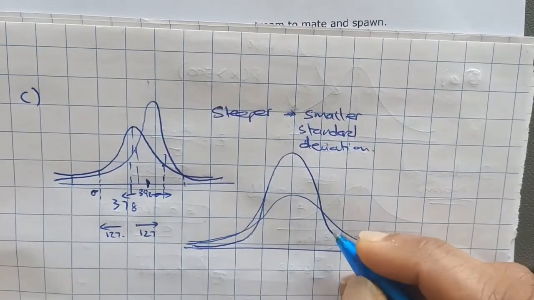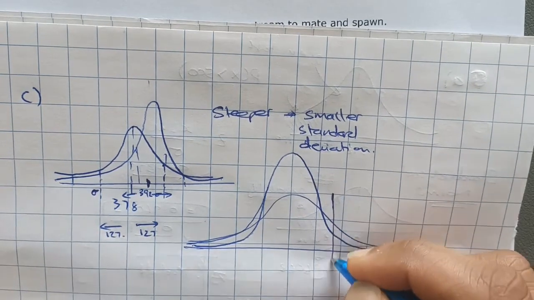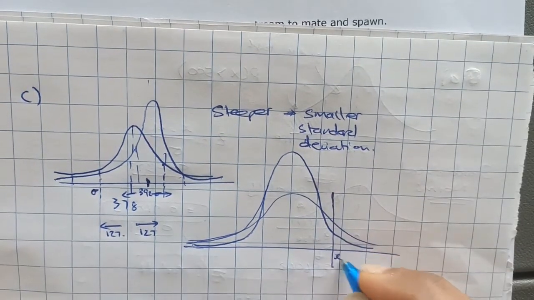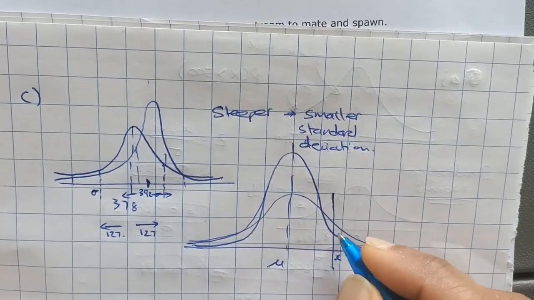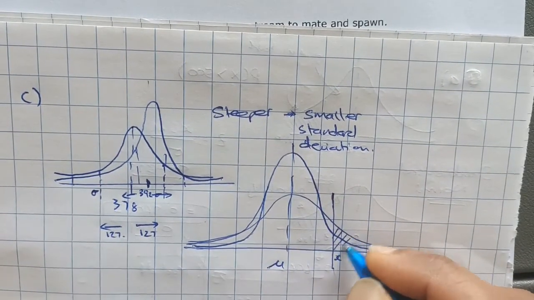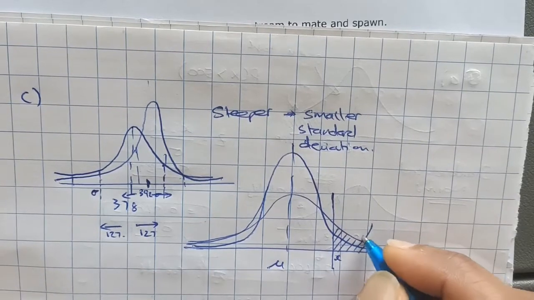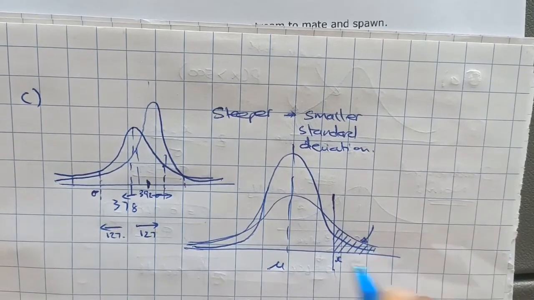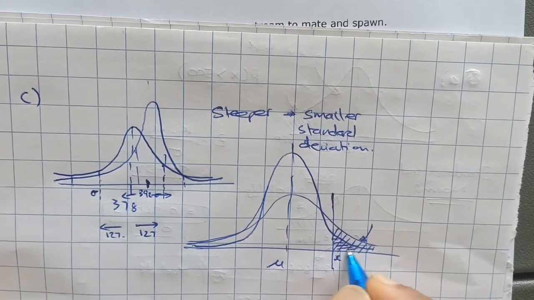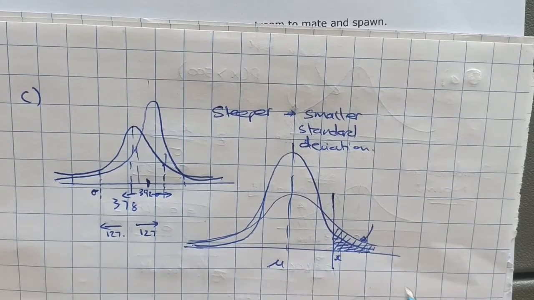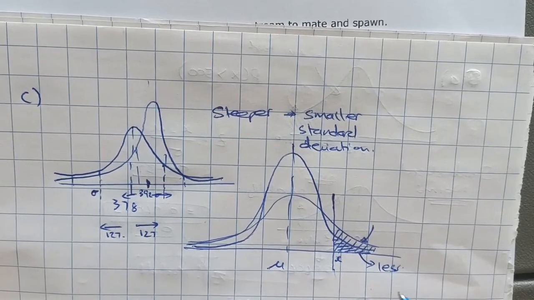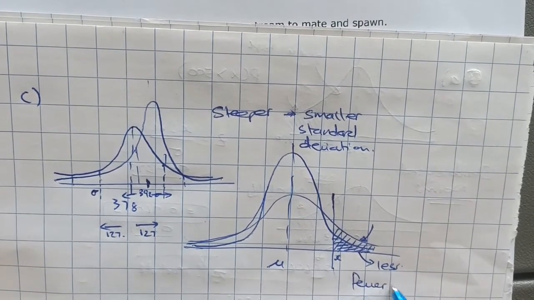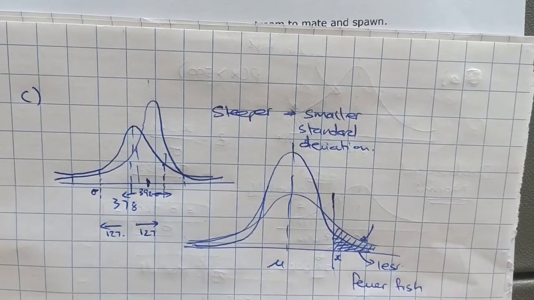Why will you have fewer fish? Let's suppose I take some kind of random x value over here, a normal curve, this is my mean. You can see that the proportion for the original curve, there's a much larger area versus the new steeper curve. Okay, you can see that that's going to be less. So we say there will be fewer fish, therefore there will be fewer fish with extremely